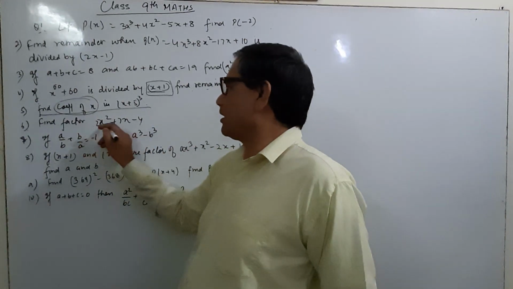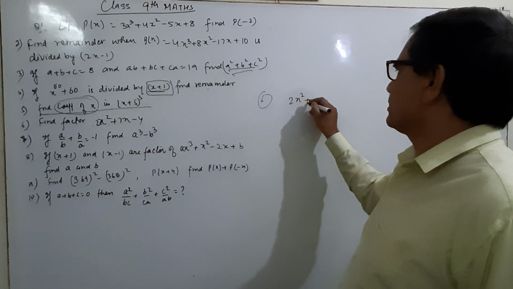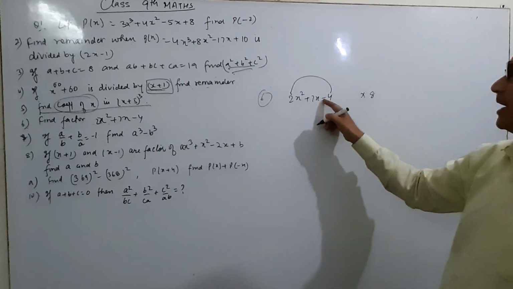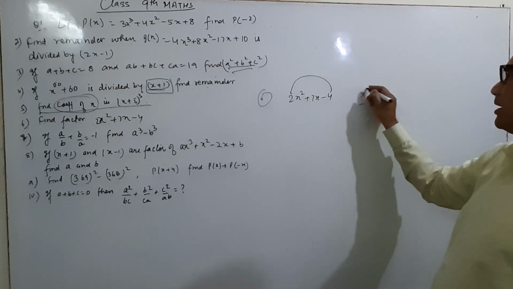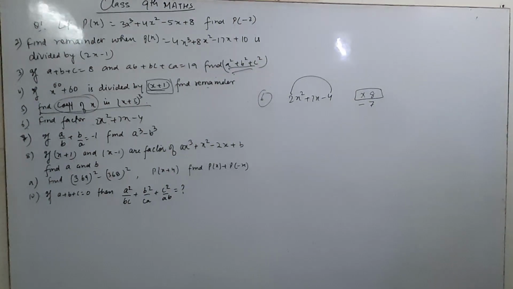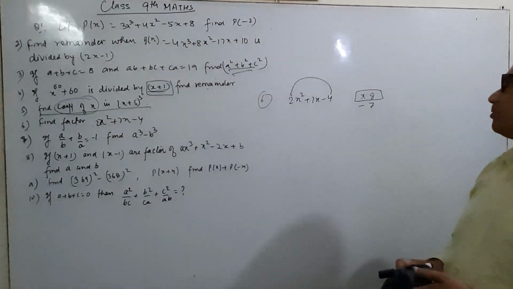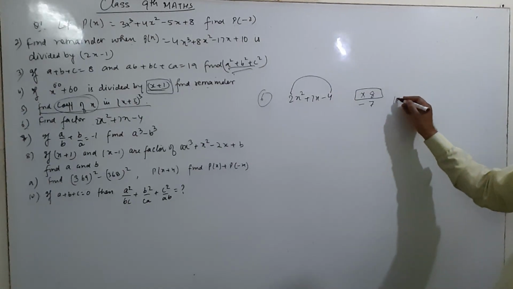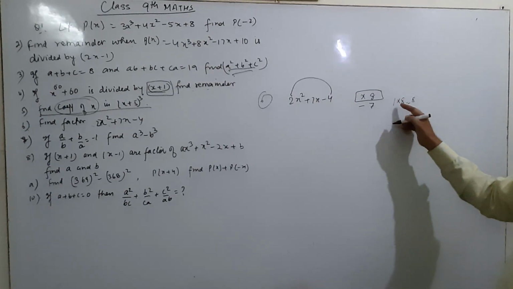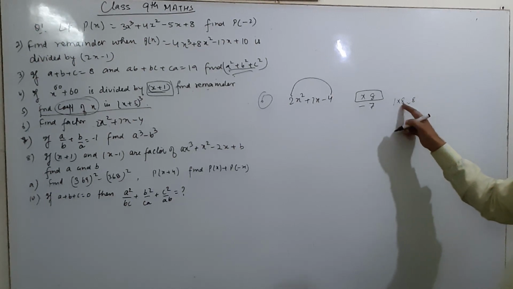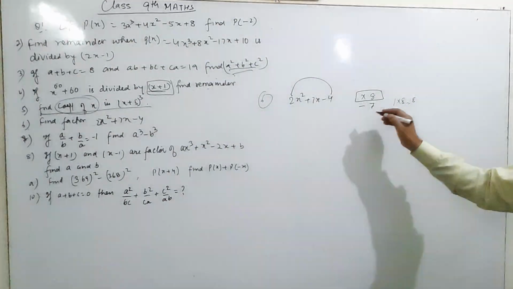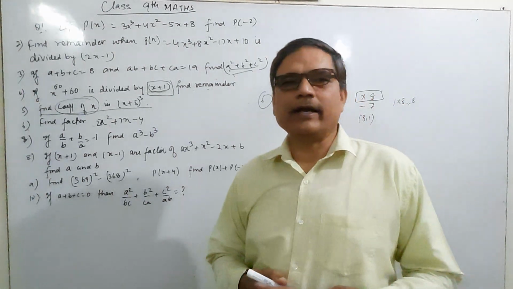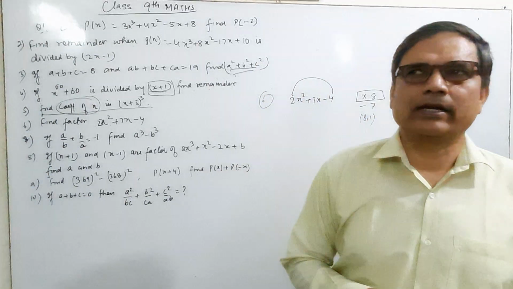Find the factor of 2x square plus 7x minus 4. 4 multiplied by 2 is 8, minus, here is 7. We have to find out the two numbers such that their product is 8 and difference is 7. The factors of 8: 1 into 8, 8 into 1 is equal to 8. 8 minus 1 is equal to 7. So answer is over. One is 8, other is 1. So the two numbers 8 and 1 are such that their product is 8 and difference is 7.